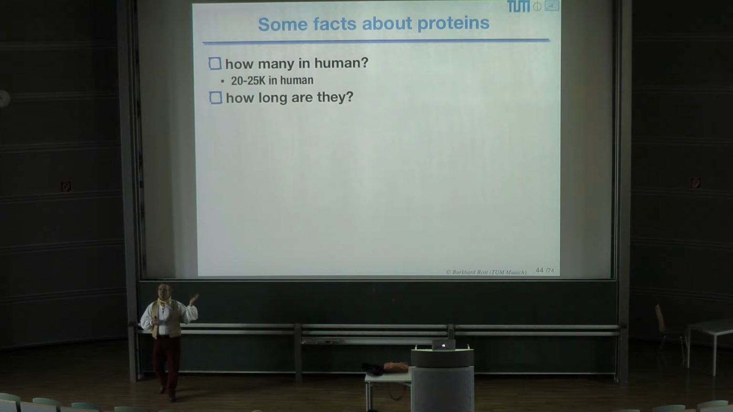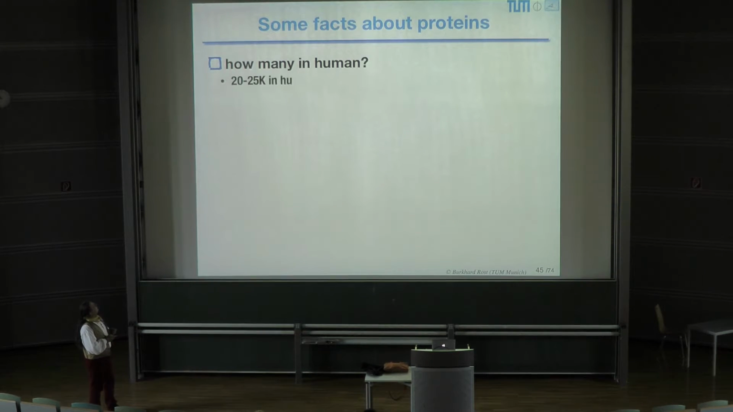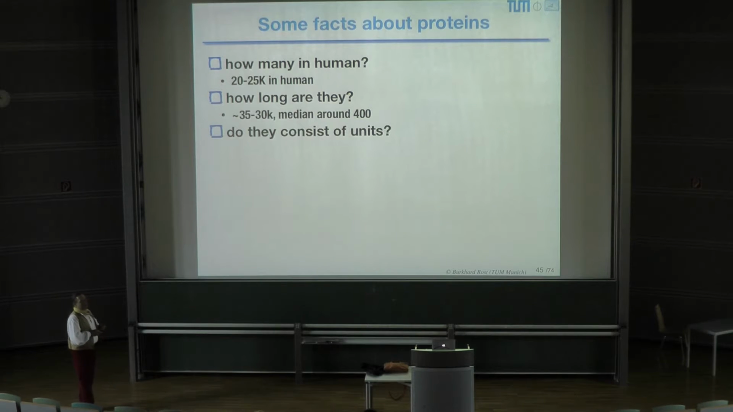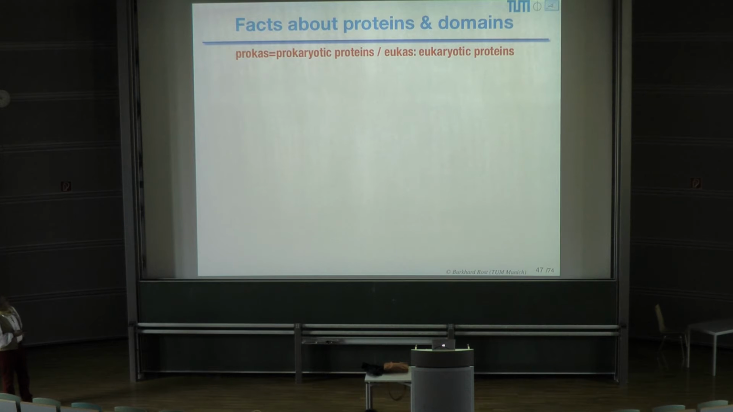Again, some of these single proteins are very, very large. Oh God, I'm sorry for the animation. The median is around 400. They consist of units, the domains, we talked about that. Now,